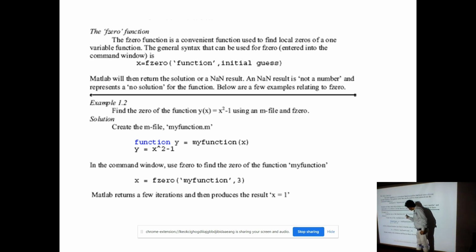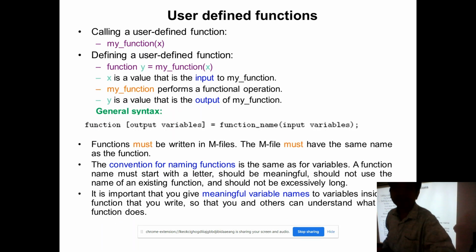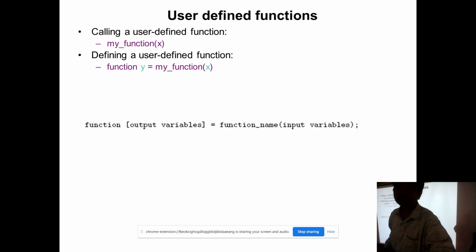So y of x is equal to x square minus 1. If I want to use fzero, I have to define my own function, because the syntax of fzero says: fzero, single quoted, the function which you want to use, and then the guess or the nearest value where you want to find. So whenever you want to define any function, for user defined functions, there is a syntax called